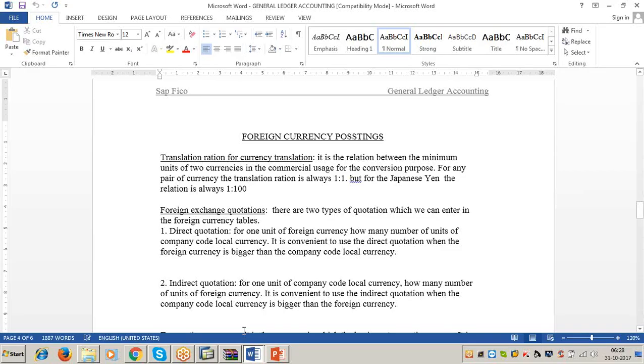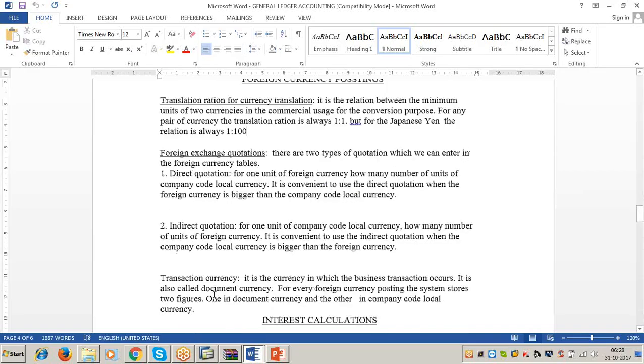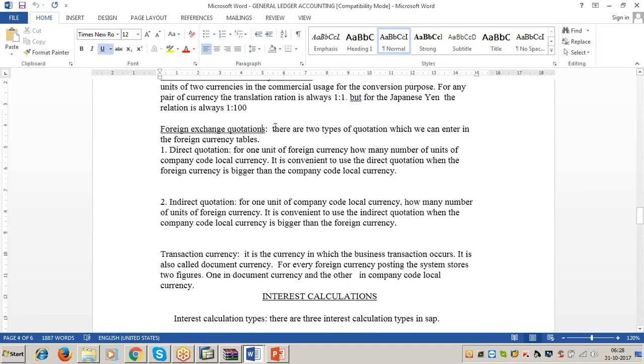See, foreign exchange quotations. There are two types of quotations which we can enter in the foreign currency tables. Number one, direct quotation. For 1 unit of foreign currency, how many number of units of company code local currency you get?